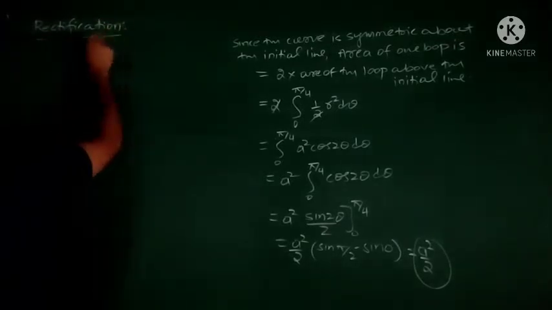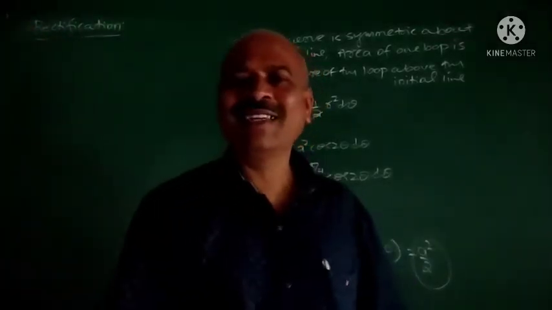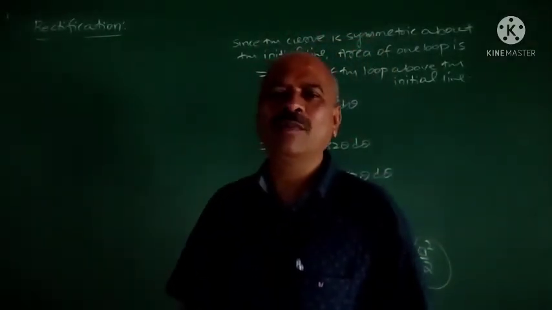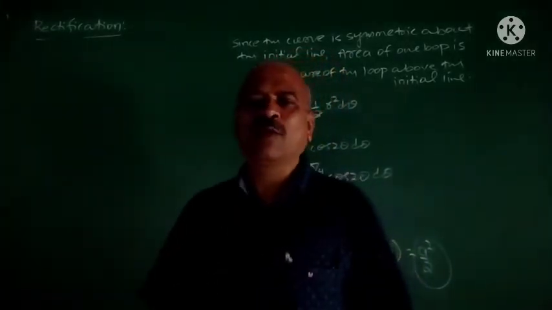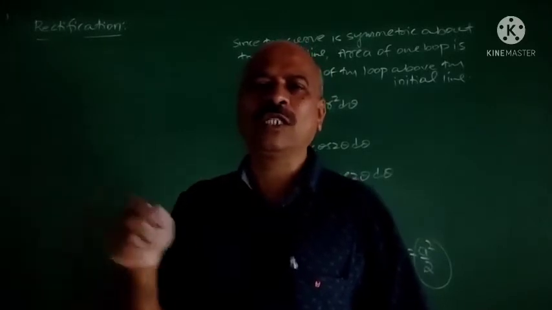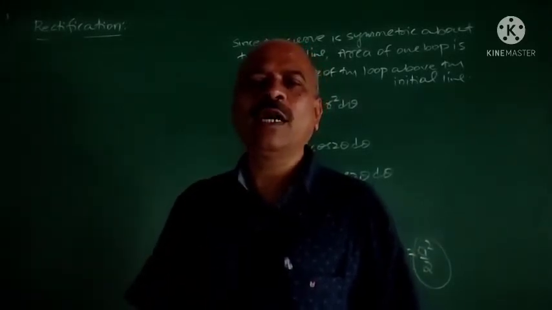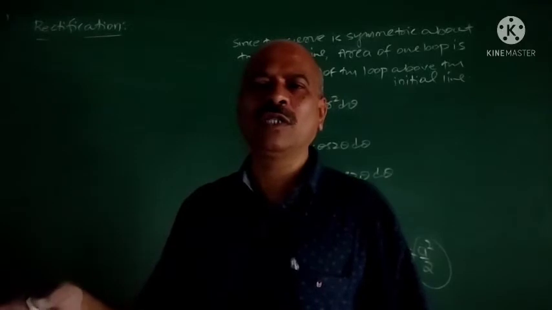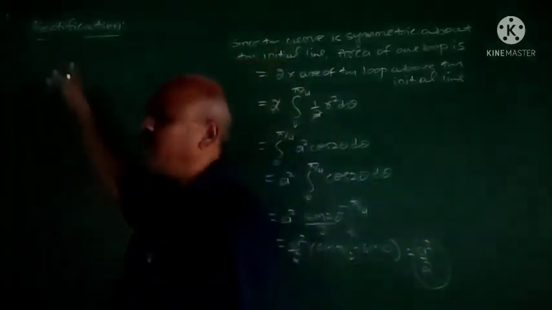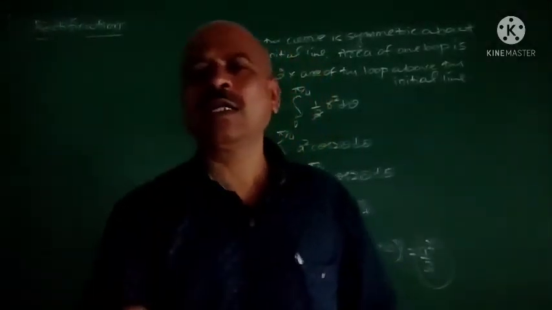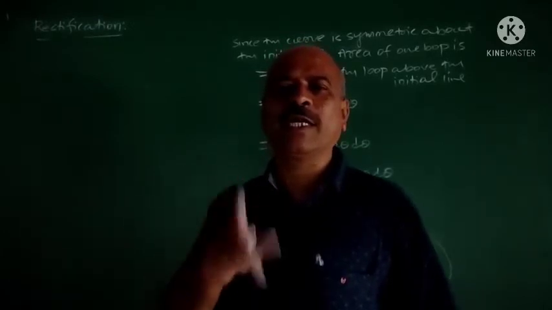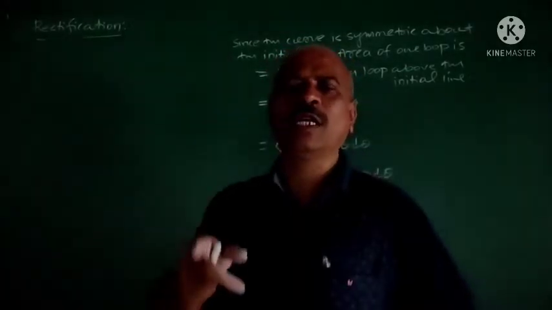Rectification. This is again an MCQ question. Now everything is MCQ, MCQ, MCQ. How do you convert this into MCQ? The process of finding the length of the arc of the curve is called, four choices: rectification, quadrature, surface of revolution, none of these. That is the question. Rectification means the process of finding the length of the arcs of the curve. Rectification you have to study for all the 3 types of curves.